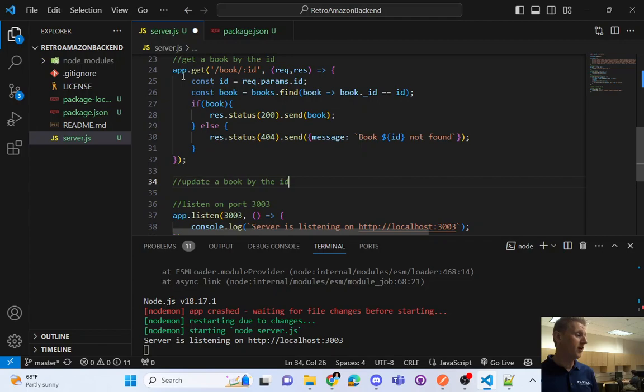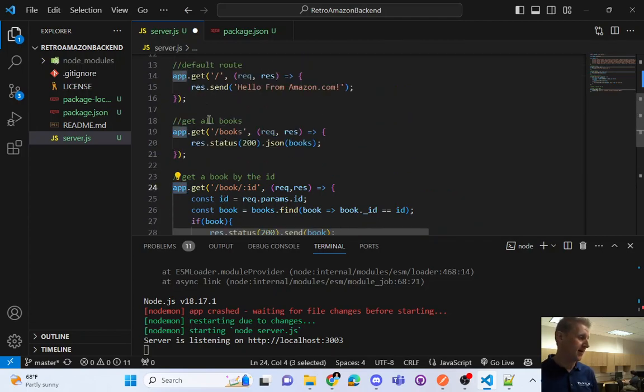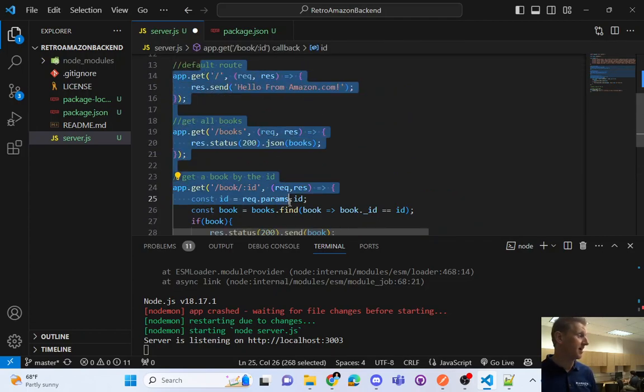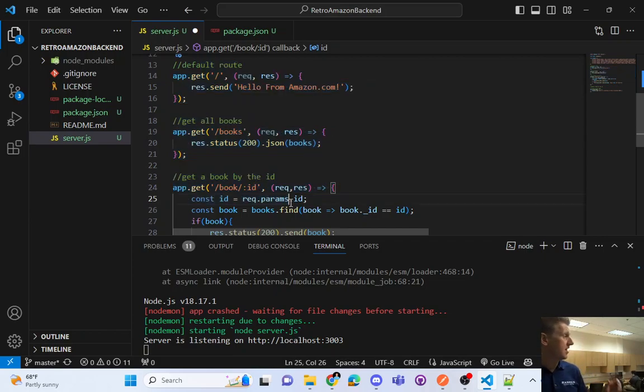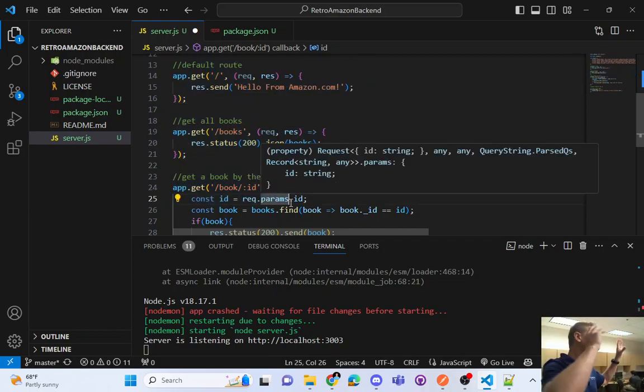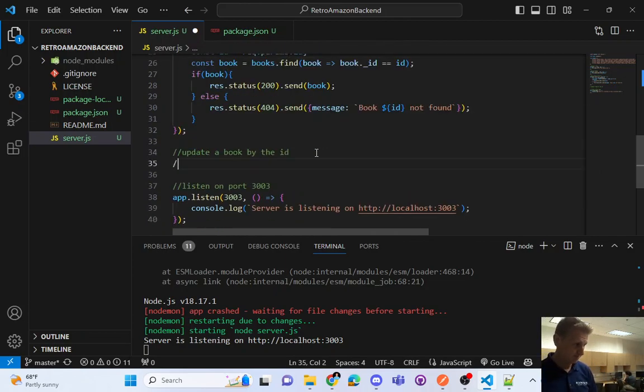Now, so far everything's been app.get, app.get. We've got 3 routes and they're all get routes. Okay, but now think about this. We're gonna select a book and then we're gonna let the user type in some fields and then send that data, post that data, as you could say, you could put it on a post. You could also put it on a put method. So updates